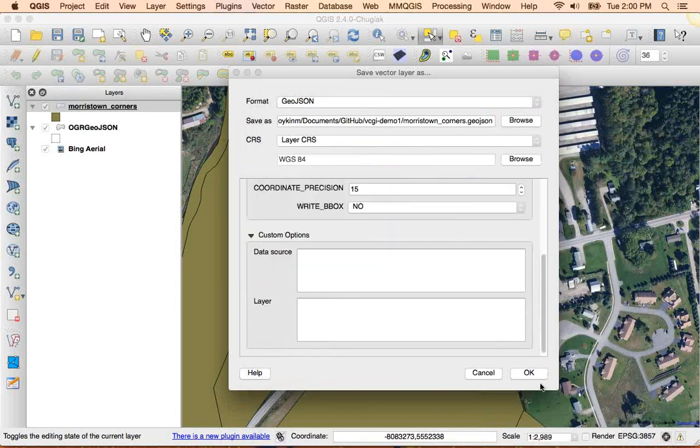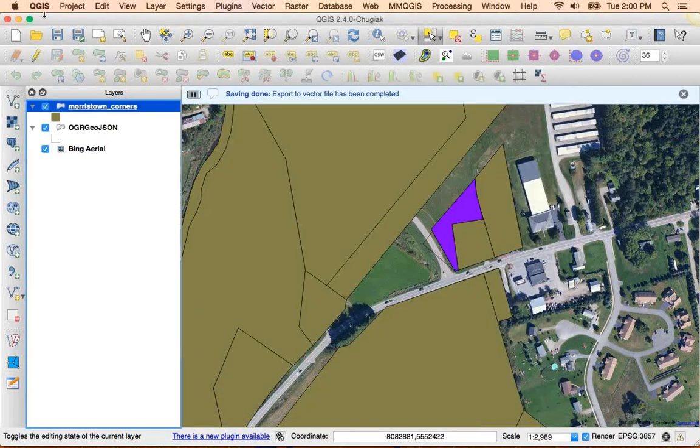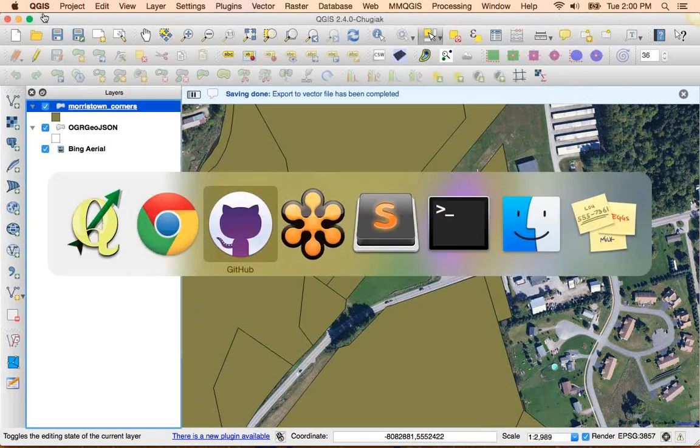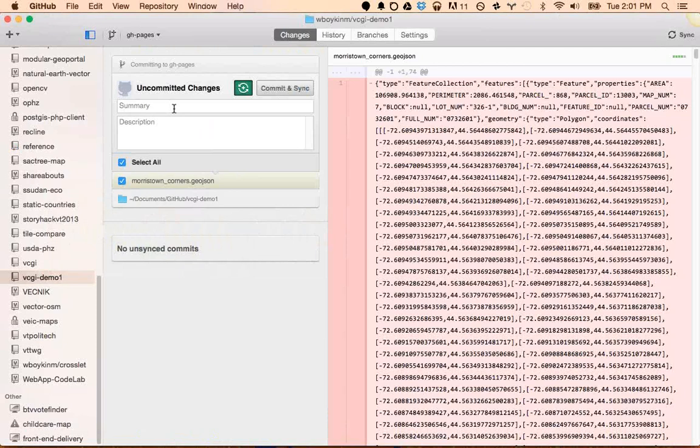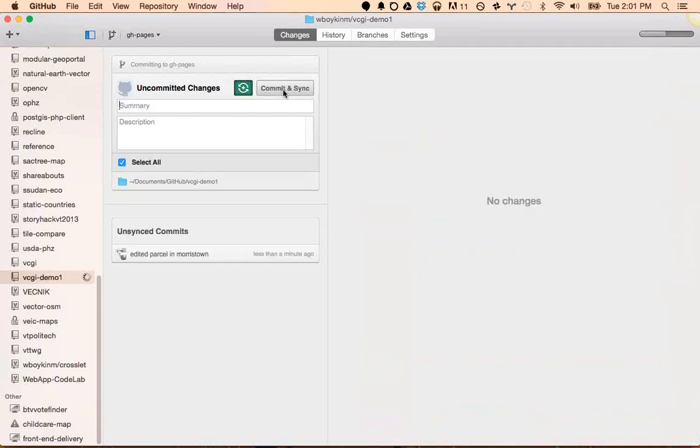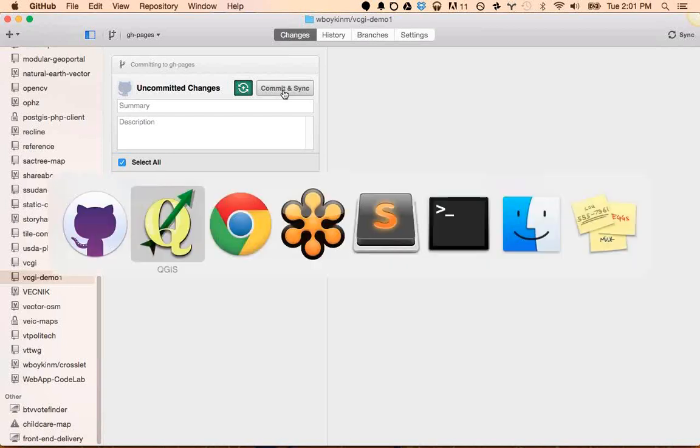And then all the other defaults tend to be fine here. I'm going to hit OK. And then we'll go back to the GitHub application and see if that edit was picked up. And indeed, there's the edit. So we'll commit that and sync it. And you can see these are just two different workflows for basically doing the same thing, editing data that is hosted on GitHub. The collaborative part of this I am actually not going to get into, but just to give you a quick overview,